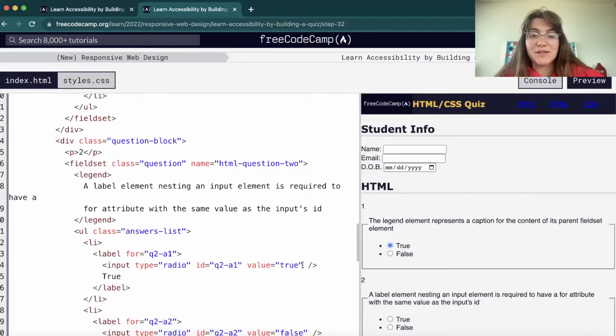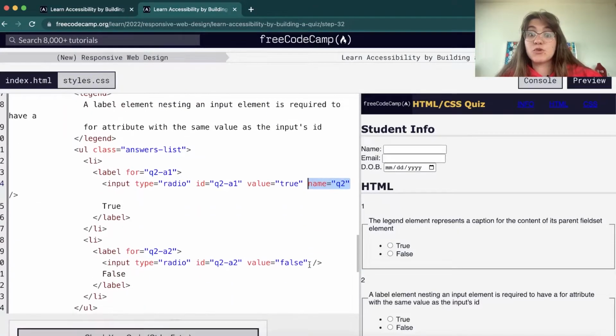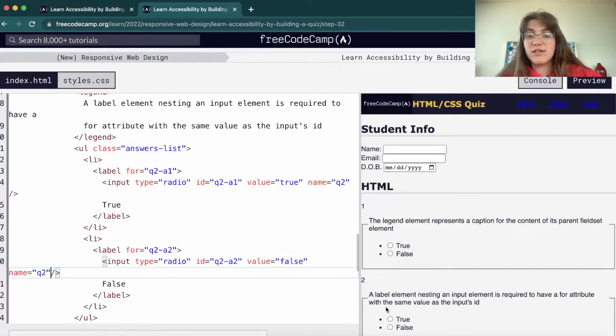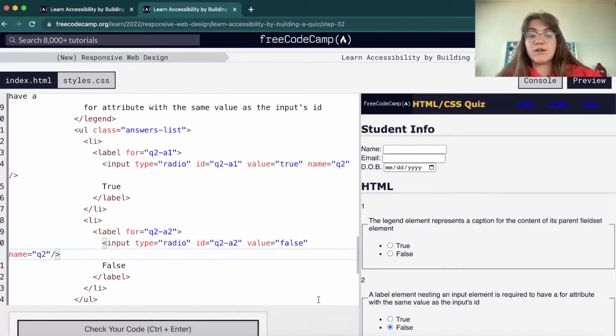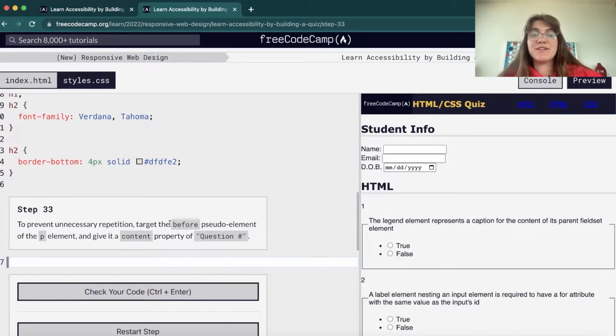And we're going to do the same for the second question, and we're going to add the name Q2 because we're working with the second question. And now for the second question, we can select one or the other. That's pretty much what we need to do. Now we want to prevent unnecessary repetition, so we're going to target this before